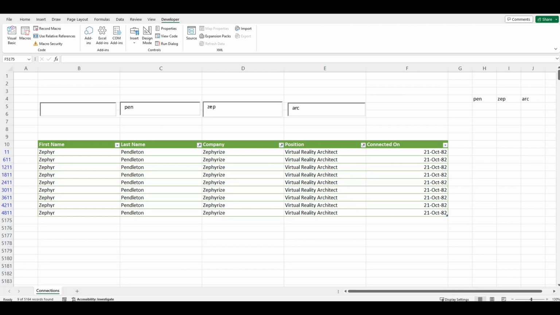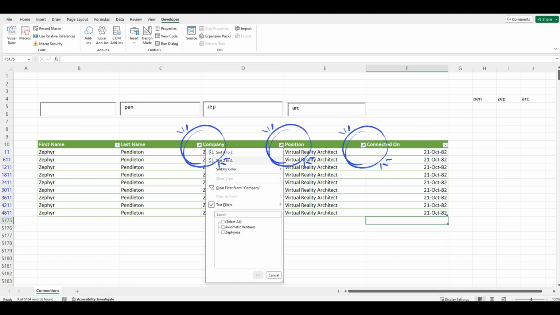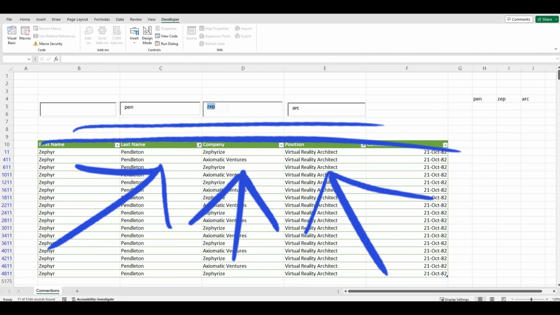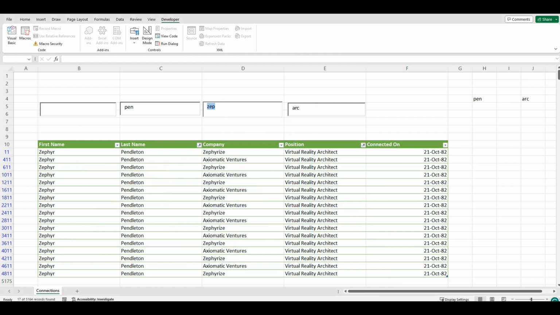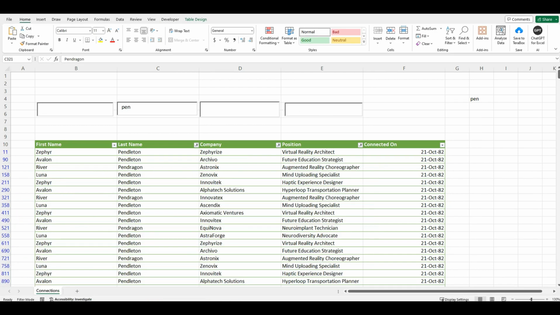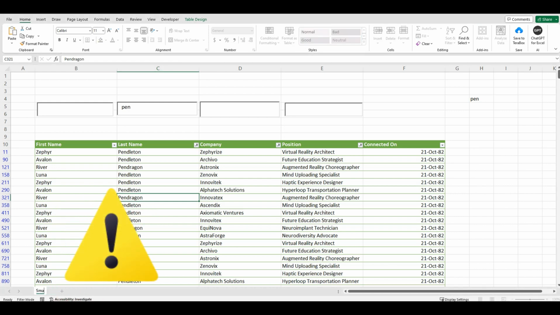But if we do multiple searches, we need to deactivate manually the filters and also delete manually what was previously inserted. And this is not very nice, right? Let's fix this. First, let's change the name of the worksheet and call it Smart Filters. We need to remember this information as we will need it for our new code.